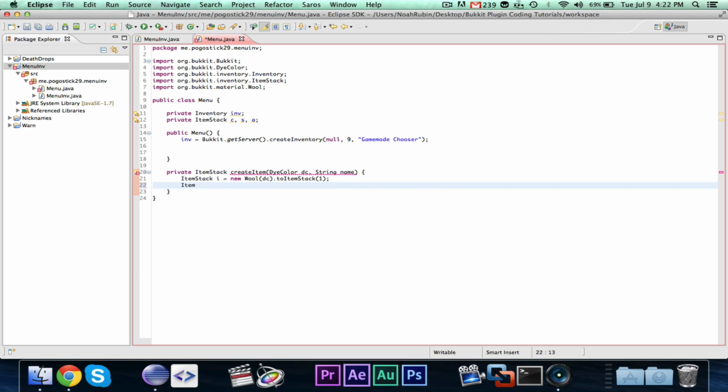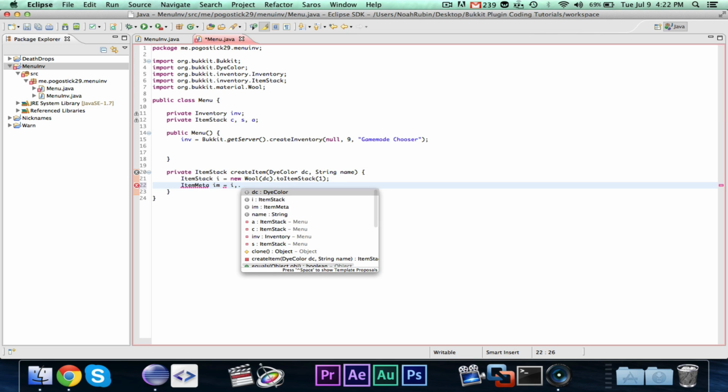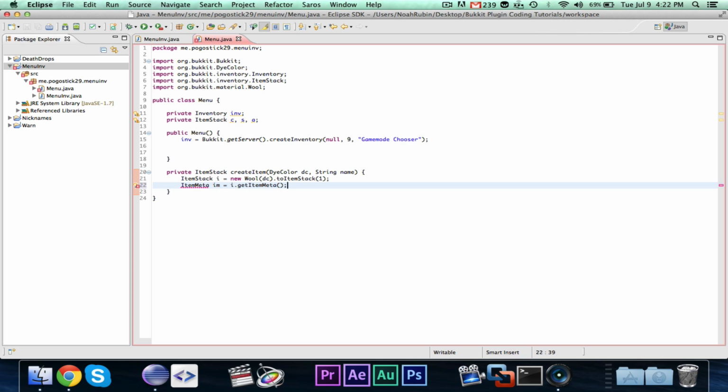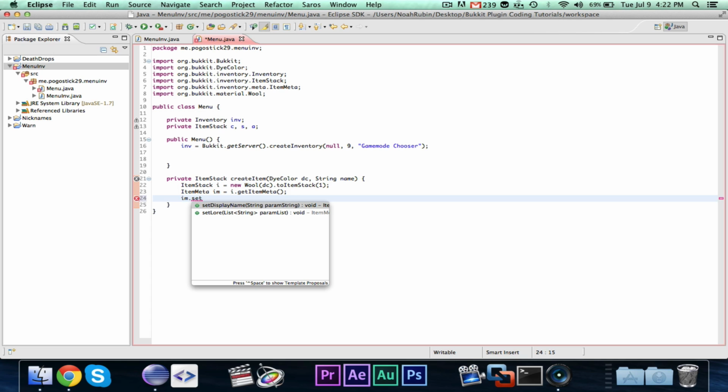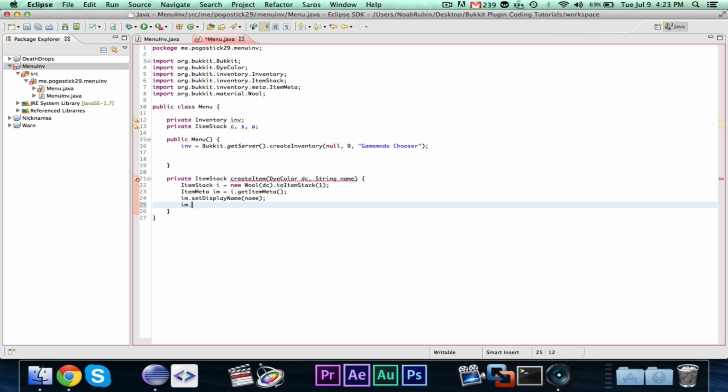Then we're going to say item meta im equals I dot get item meta. I don't remember if I made a tutorial on item meta. I think I did, but I'm not sure. Then we're going to want to do im.set display name. And now you can also set the lore. The lore is basically the text that goes under it. So we could even say